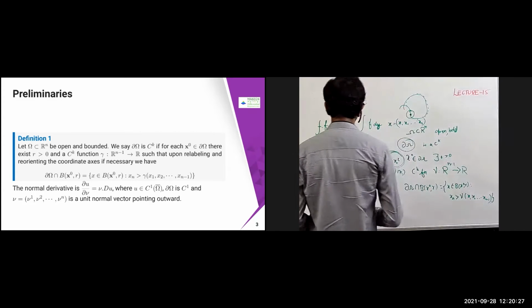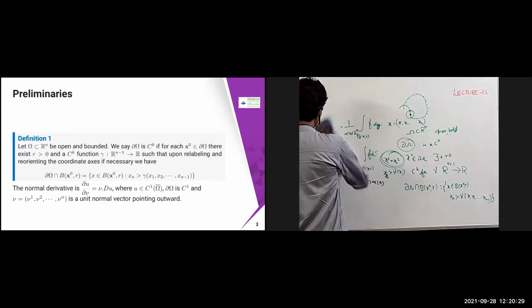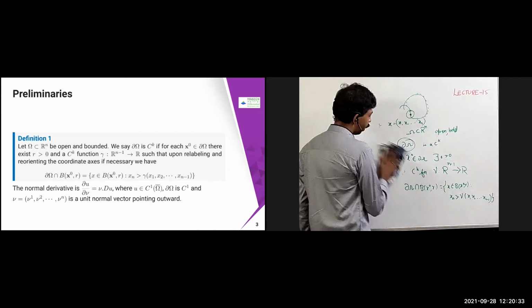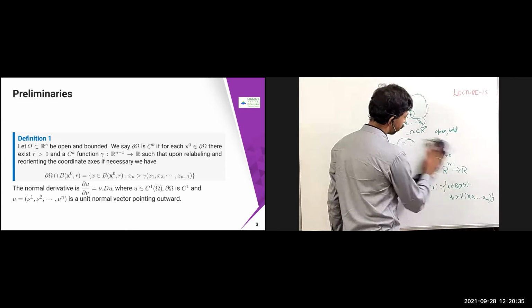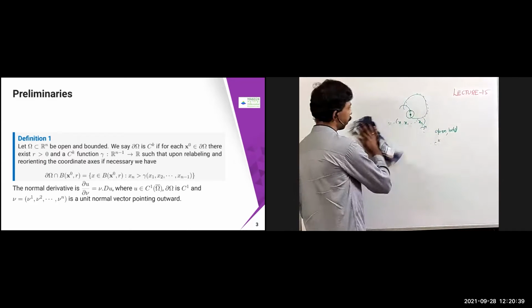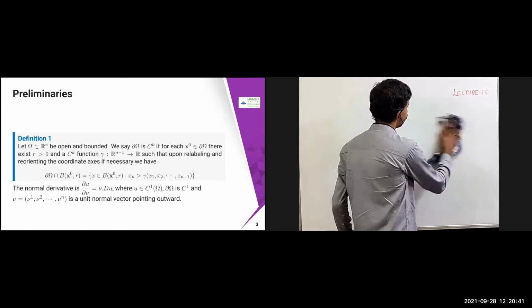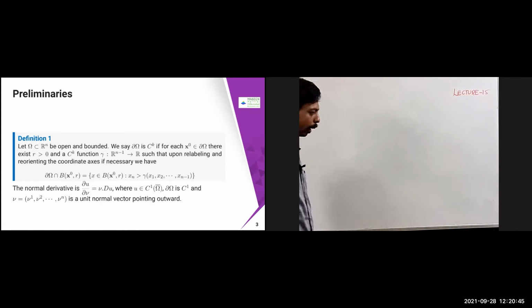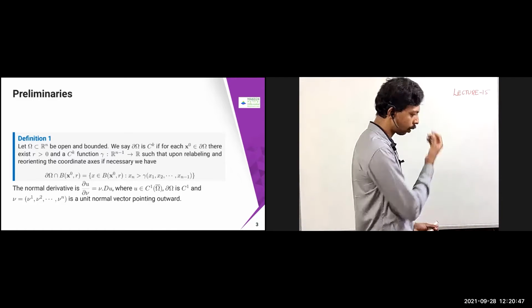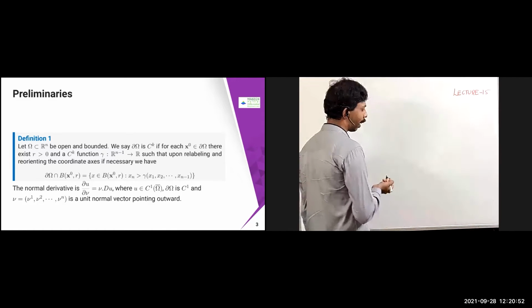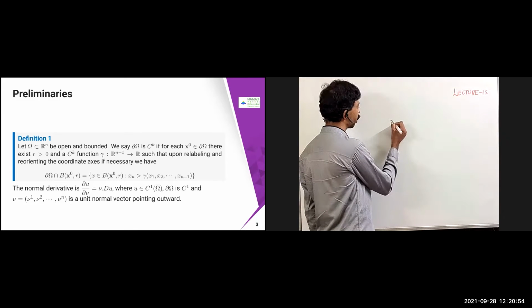So this is the setup I have. If it is not there, I can reorient and relabel everything. Now we are going to use these concepts. For the rest of the things, I will assume this holds, and I will be taking ∂Ω as a C^k function in the rest of the cases mostly. Then one more thing, the normal derivative, which we have already discussed in one of the classes, but I'll repeat it.